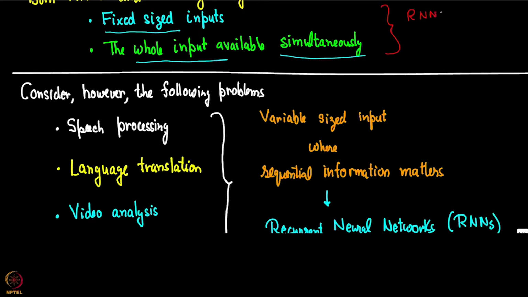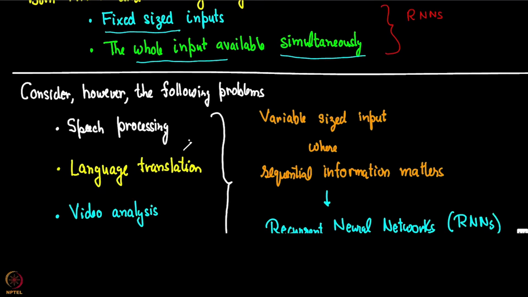So, some of the typical problems that are used in RNNs, recurrent neural networks, okay, involve typically speech processing. Okay. So, like I said, Amazon Echo etc. will be using an RNN somewhere within there. Okay. So, speech recognition will be there. Language translation, for example, Google Translate. Okay. So, that uses some form of RNNs. Okay. Video analysis etc. all these things where sequence matters, that kind of problem typically involves recurrent neural networks.